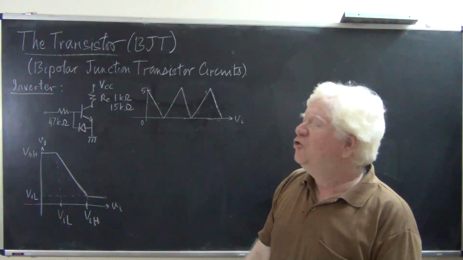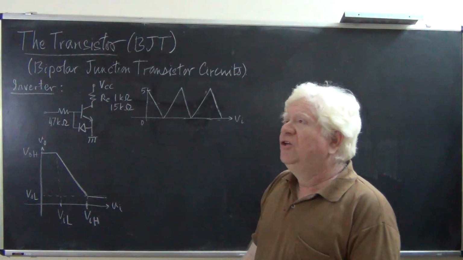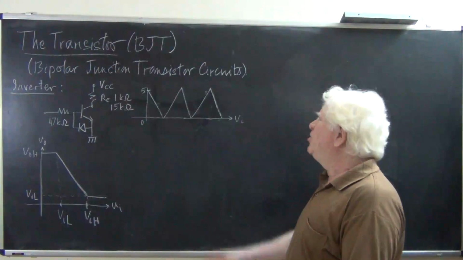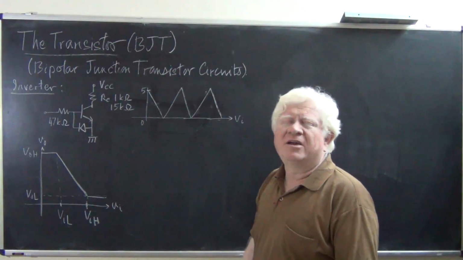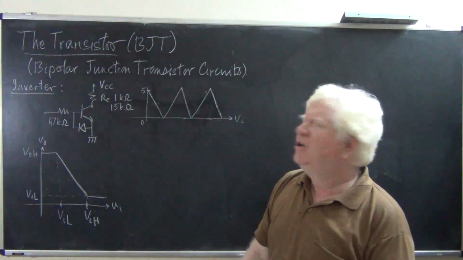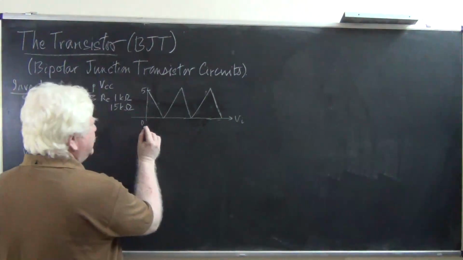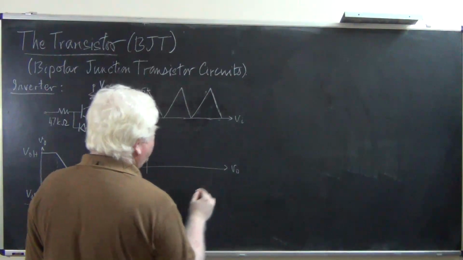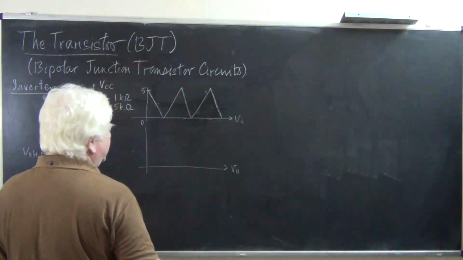So both these things will happen. As a result, in the output waveform, you will not see a triangle, but you will see occasions when the transistor is cut off and when the transistor is saturated. So you would get an output waveform that looks more like this, not drawn to scale with the input waveform, but what you would see is